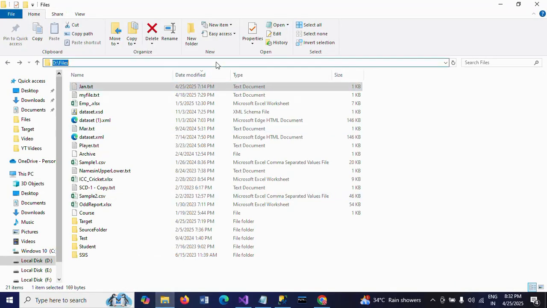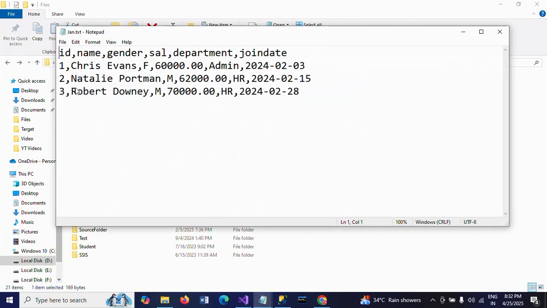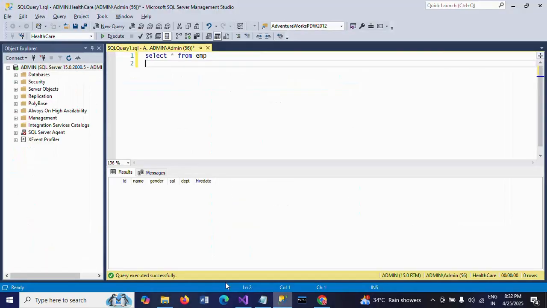In this I have Jan.txt. This is my file name. If you open the file, there are 6 columns and 3 rows. Okay, I want to load these 3 rows into the SQL table. This is the EMP table. I want to load the 3 rows into the EMP table which is there in my